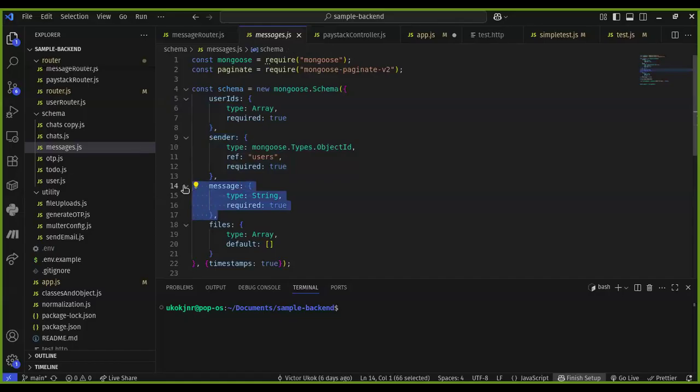Then this is where you have the message itself, the message that either you are sending to that person or the other person is sending to you. Then these files here is an array of strings, which is an array of the files that either you are sending to the other person or the other person is sending to you. So once on the front end the person clicks send, you will first upload the files to maybe Cloudinary or AWS. You upload the files there, then the links to the files will come back, and that's the link you will send alongside that message to be saved in the files